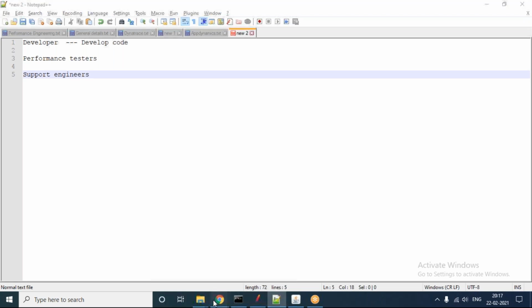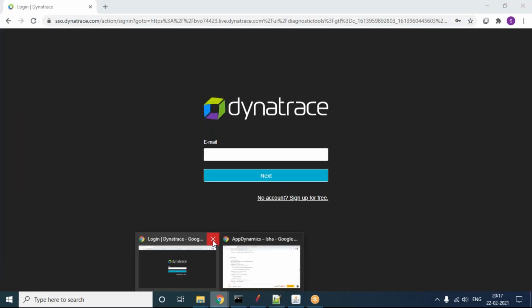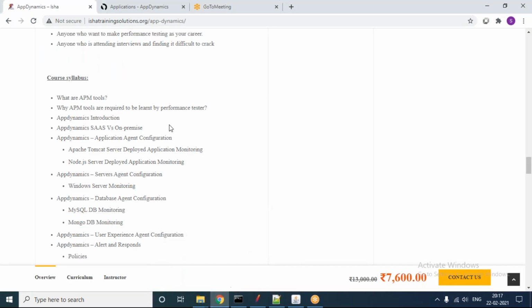Yeah. So this is how this AppDynamics tool is really required to be learned by different people. So, AppDynamics introduction. Okay, AppDynamics, I already mentioned. If you go to the Gartner Quadrant mature APM tools list, AppDynamics is one of the tools along with your Dynatrace.